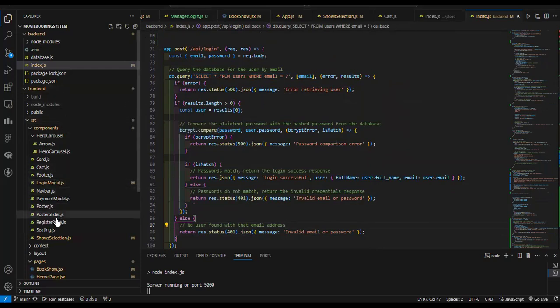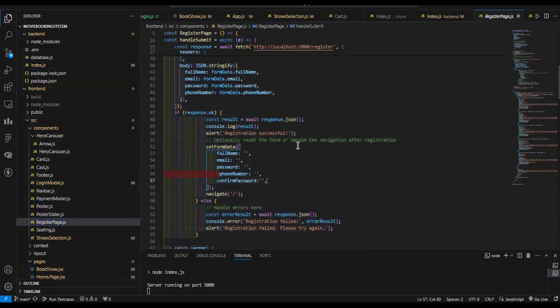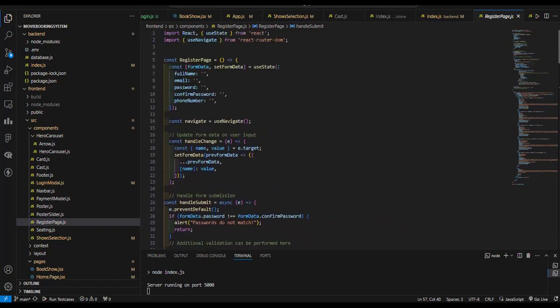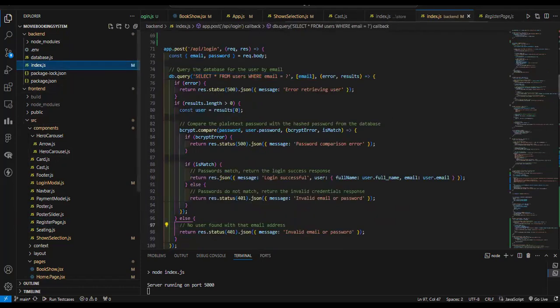Further on, we also had the register page, which asks for information like email and password as well as phone number, wherein I've implemented a form. And the backend of the register page,